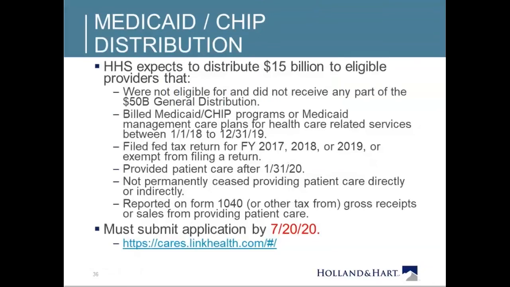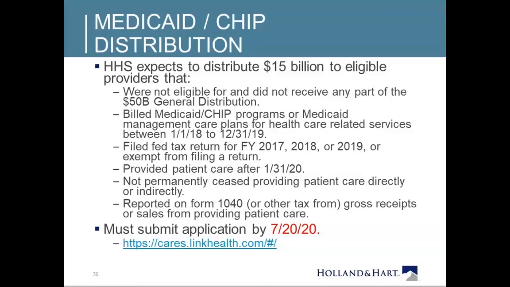All right, that's a general overview of the PRF funds and kind of the rules that we have so far of how you use those funds. Just so you know, the government's in the process of distributing an additional $15 billion to eligible providers who were not eligible to receive the general distribution funds and did not receive any of the general distribution funds. So maybe it's providers who are Medicaid or CHIP providers. Because the general distribution was based on Medicare fee-for-service, they didn't get any of the general distribution funds, then those entities may participate in this next round of funding.